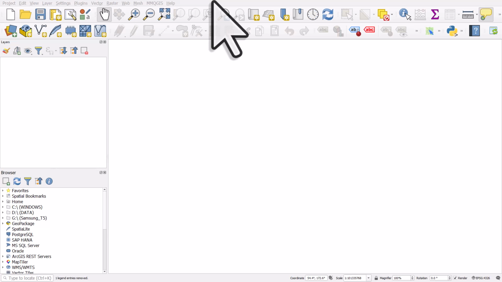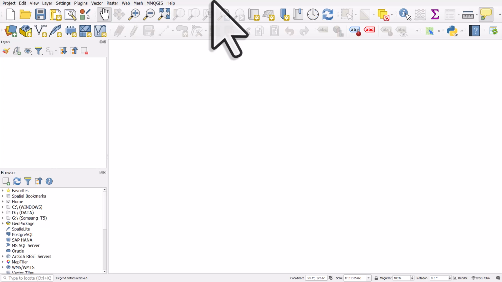In this video, we're going to take a closer look at how to filter data in QGIS. It can be really useful to know how filters work and how to write expressions. So the first thing I'm going to do in my blank QGIS project is add the world as a background,